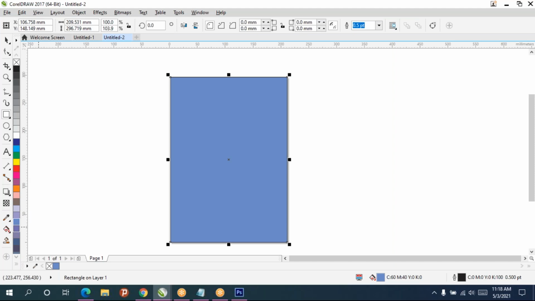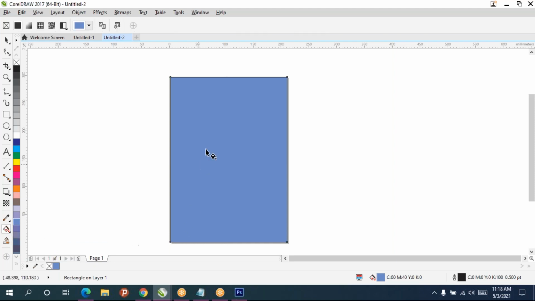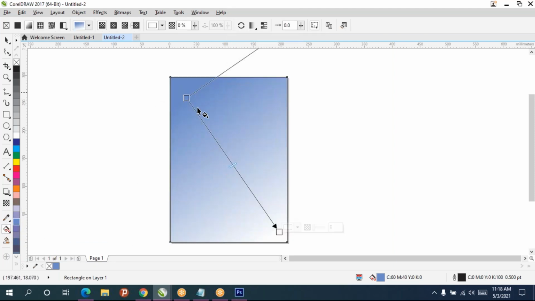Suppose if you want gradient color, below the eyedropper tool we have interactive fill. The interactive fill shortcut is G, which is nothing but the gradient tool in Photoshop. Just select the tool, click and drag, and you'll get gradient colors. You can adjust this.